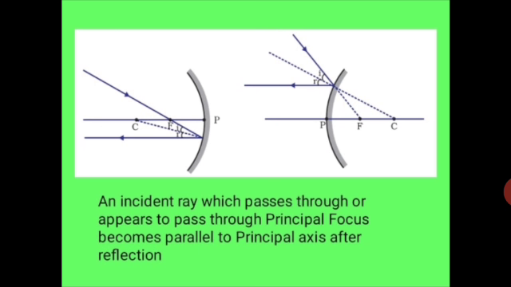The reflected ray in both the cases will meet at certain point or will appear to meet at certain point. In such cases, the point where the light rays actually meet or appear to meet gives us the position of the image. This is how we draw the ray diagrams for convex and concave mirror. In the following videos, you will find the ray diagrams for various cases in concave as well as convex mirror.